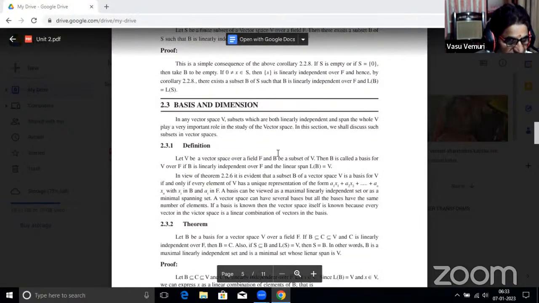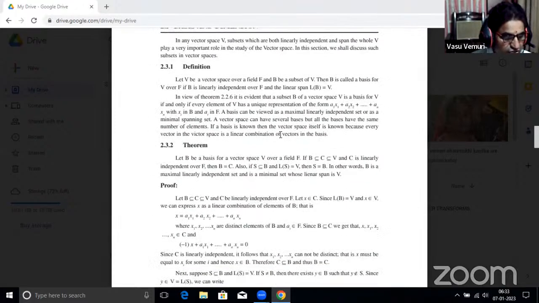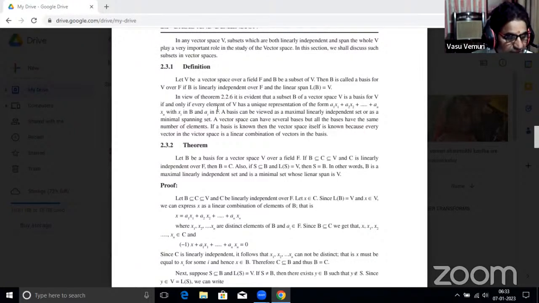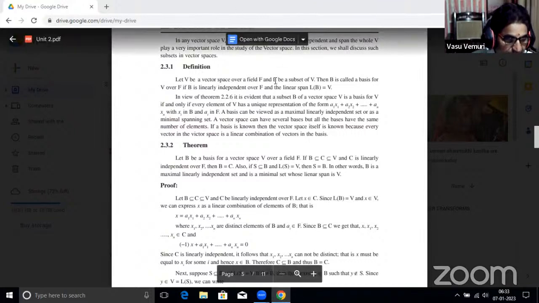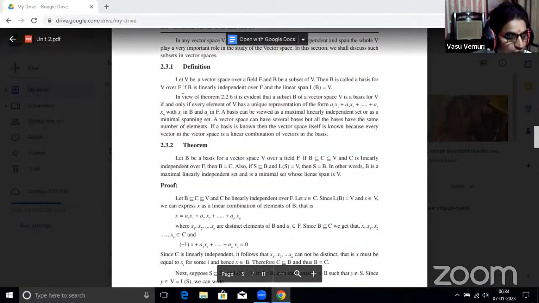What is the basis of a vector space? Okay. First of all, we have to discuss some of the definitions. Let V be any vector space. You can observe very clearly. What is the basis of a vector space? Let V be a vector space over the field F and let B be a subset of the vector space. Then B is called a basis for V over F